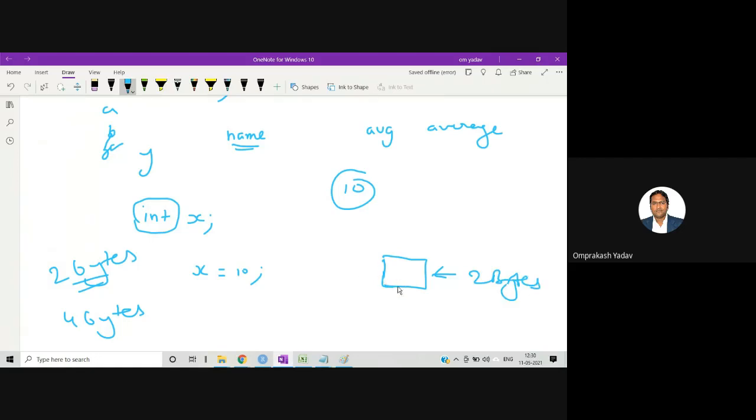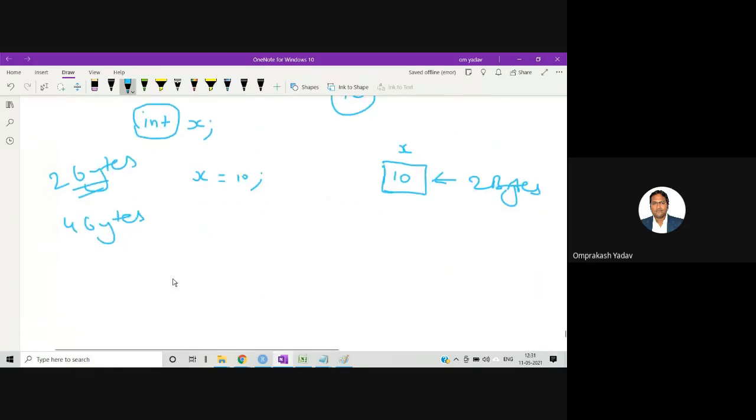Now it puts that 10 value over here, and it gives the name X to this particular slot. Since this is in the computer memory, there are lots of spaces.